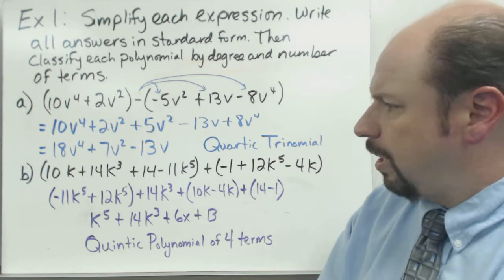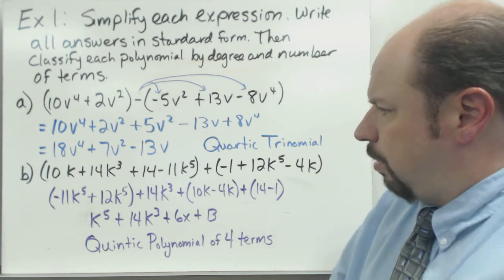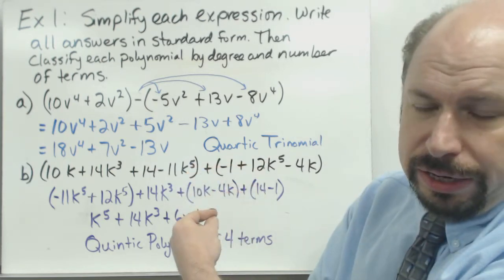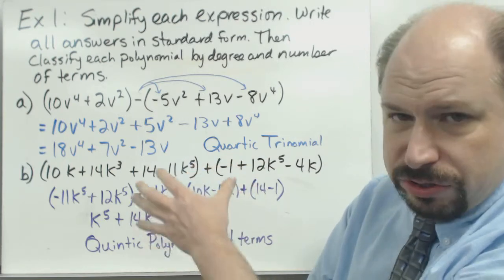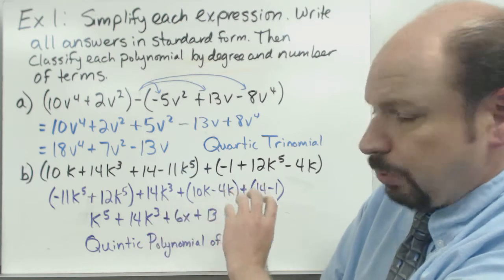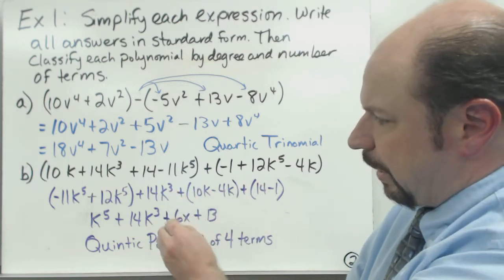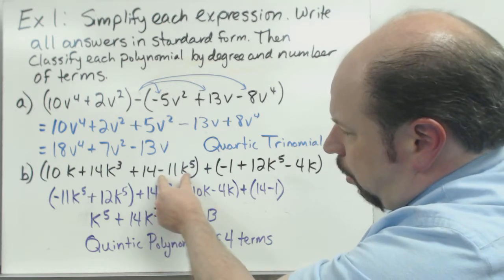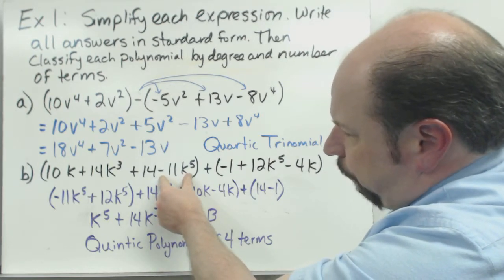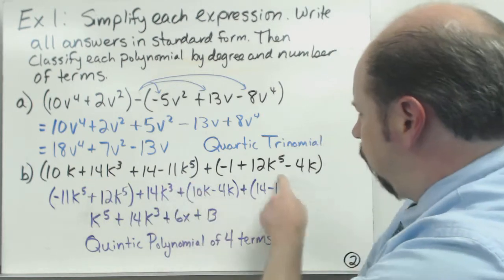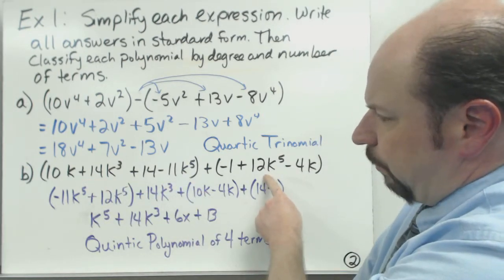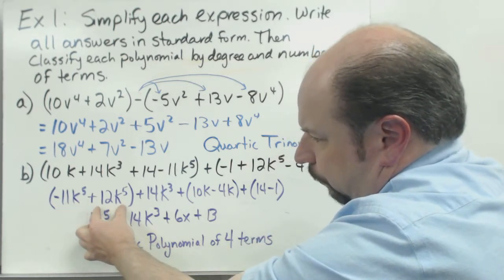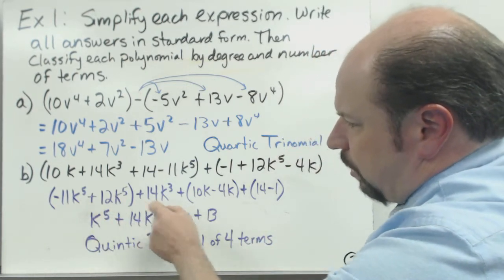Okay, and the next one down, since it's plus in the middle here, we don't have to worry about distributing a negative sign. So we can just drop the parentheses. But when I rearranged it, I put the parentheses back in so you could see what terms we were combining. Here, the negative 11k to the fifth is the biggest one, and there's a plus 12k to the fifth here. So I just wrote it out, negative 11k to the fifth plus 12k to the fifth plus,